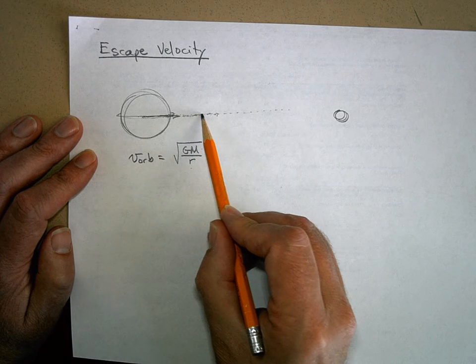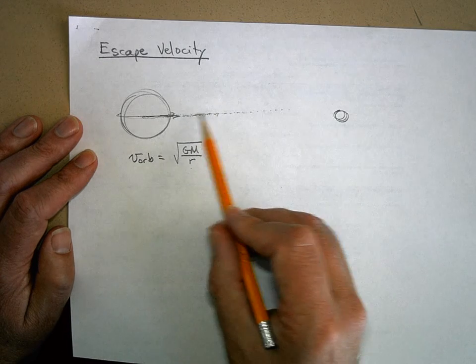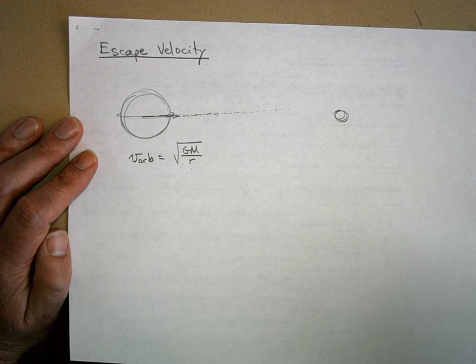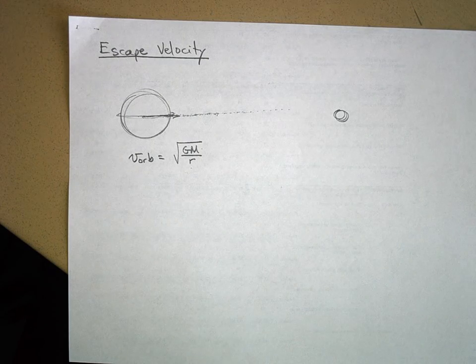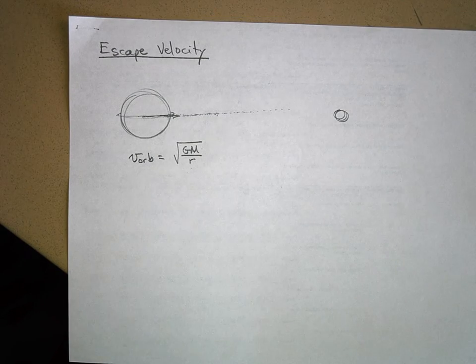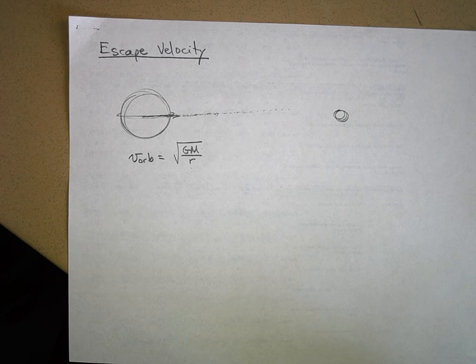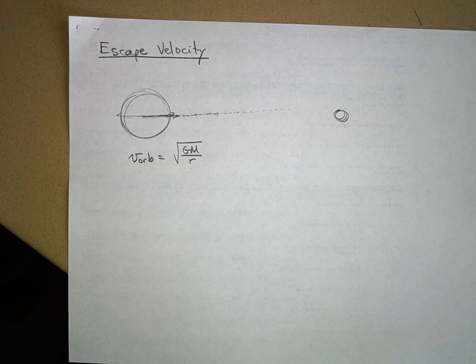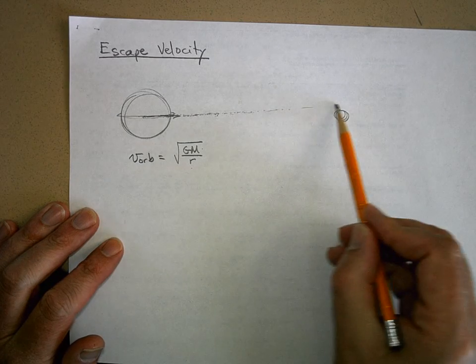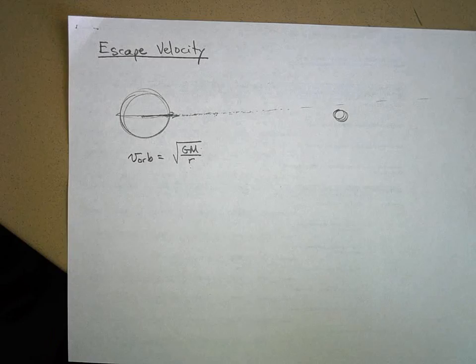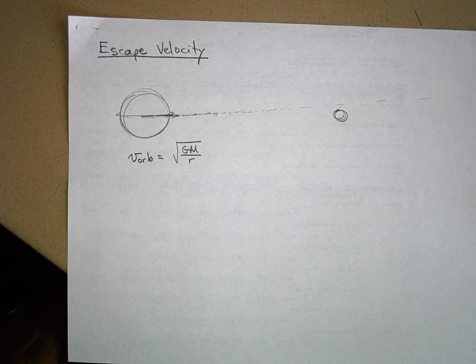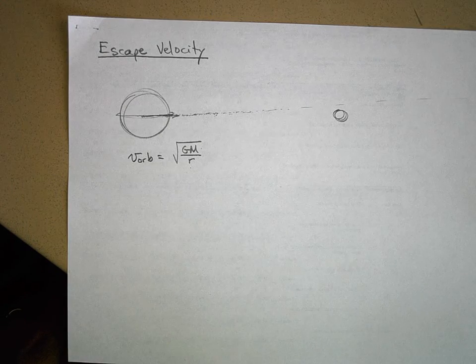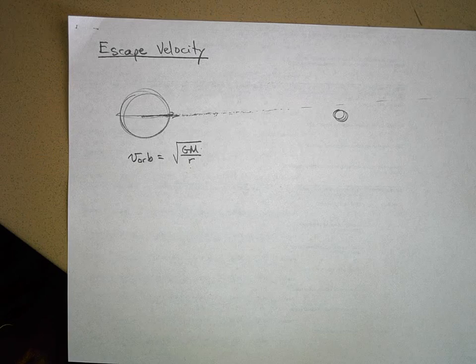Now, gravity's going to slow you down, right? So as you move away from the Earth, you're slowing down. But gravity is getting weaker. So what happens is that if you go just the right speed, you'll never quite stop. Gravity will never be strong enough to make you stop. When you get infinitely far away from the Earth, that's when you'll stop, but you'll never get to infinity. So what we want to figure out is how fast do I need to go so that I'll go up and never come back down, so I can escape from Earth's gravitational field.